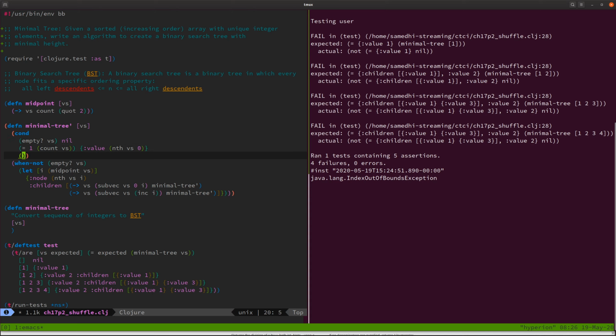Is the count of VS 2 or more? Let's just do all 3 of them, yeah. And actually, if we're gonna do this, we might as well say, right? So we're just gonna keep saying the same thing. So if it's 0, return nil. If it's 1, return this. If it's 2, it's a bit of a weird one, but return value of